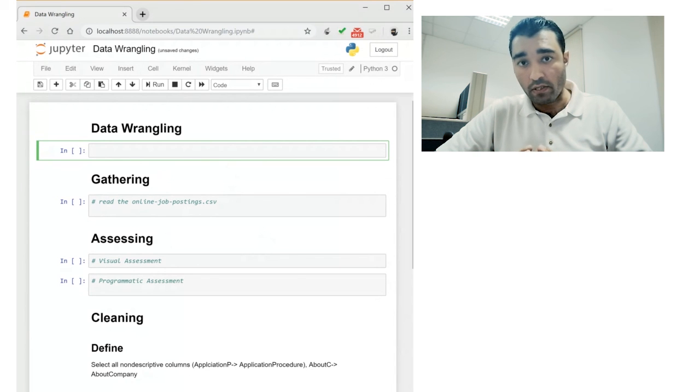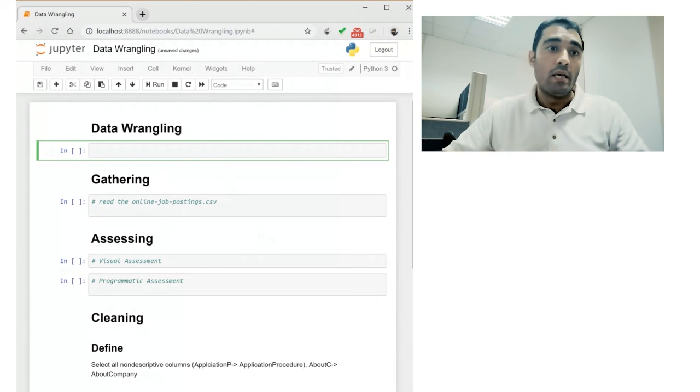For sure, this data set contains a lot of tidiness and quality issues. We will work on one quality issue as a real example or as a practice. So let's start it. The first step